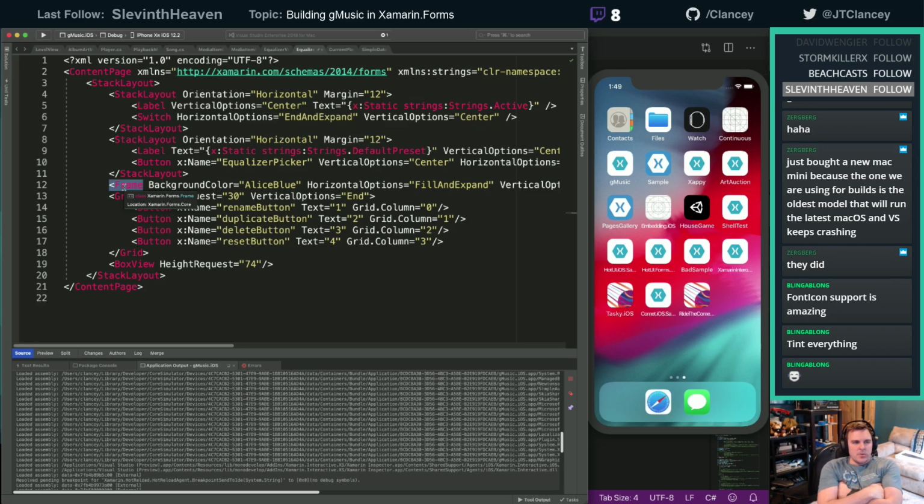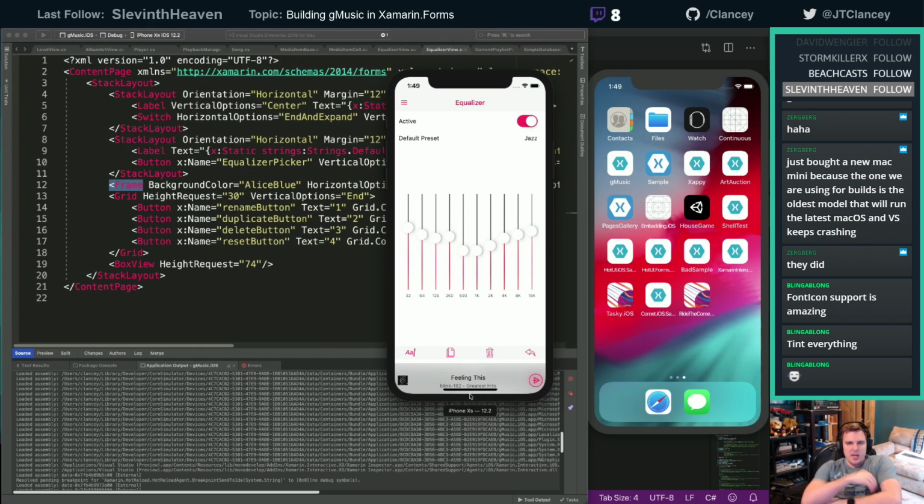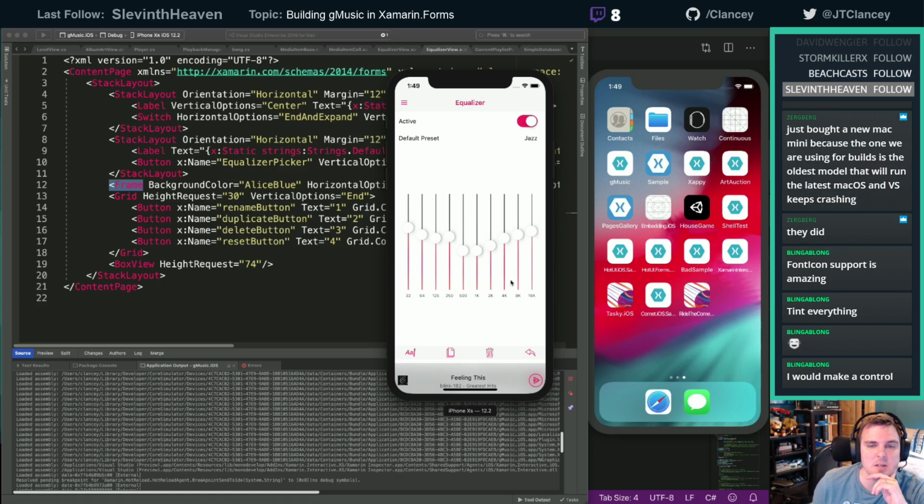What do you guys think we should do? To make this view, should I use one of the built-in layouts or should I manually do this? Keep in mind each of these are 2 different sets of controls because there's the label that goes with each button, and these are kind of data bound based on the current equalizer. When the equalizer changes, it can change these. So I can have, like I said, three instead of 10 or whatever. We can add in more, and you can adjust any frequency you want.